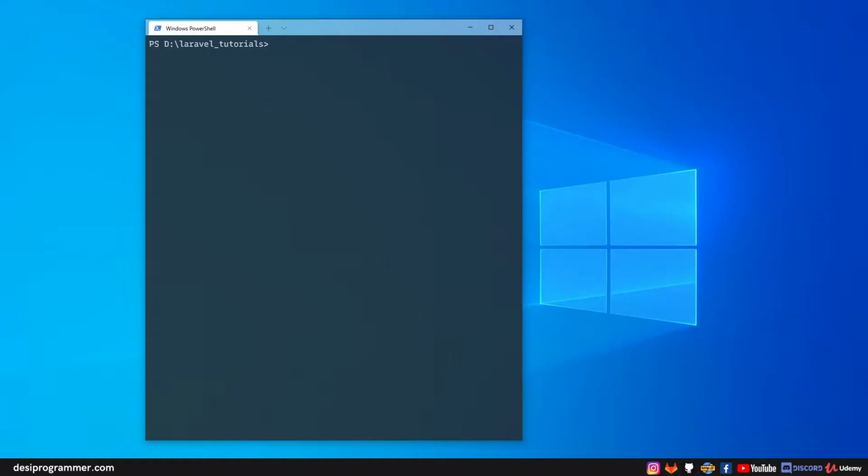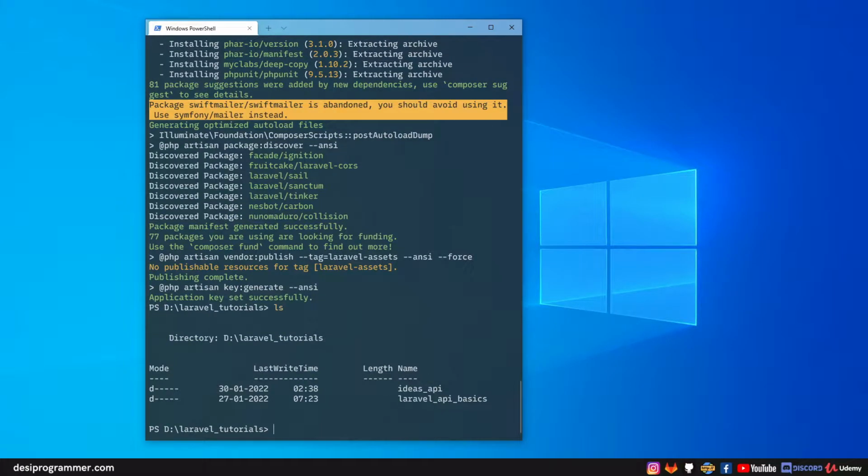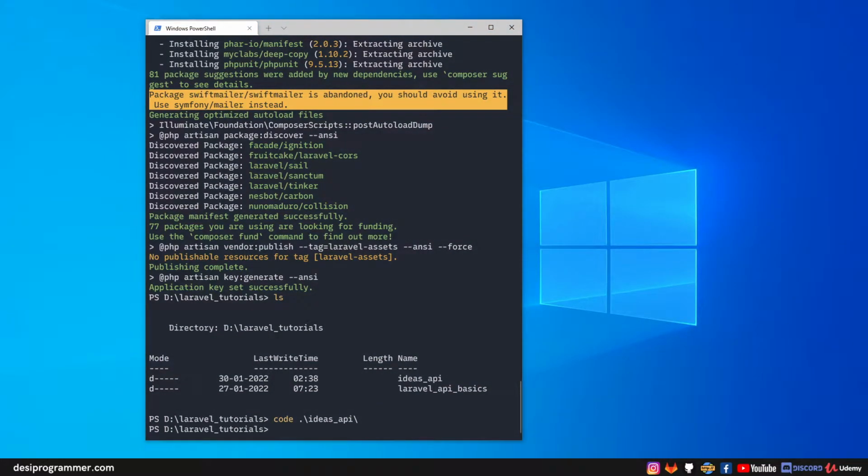simple CRUD operations. All right, so let's get started by creating a simple Laravel project, and I will call this ideas API. So we have composer create-project Laravel and then the project name. Alright, so now that this project is up and running, I will do a quick ls, and you can see that we have this Laravel API basics, our old project, and the ideas API, the one that we created just right now. I will use my code editor VS Code to open the ideas API project,